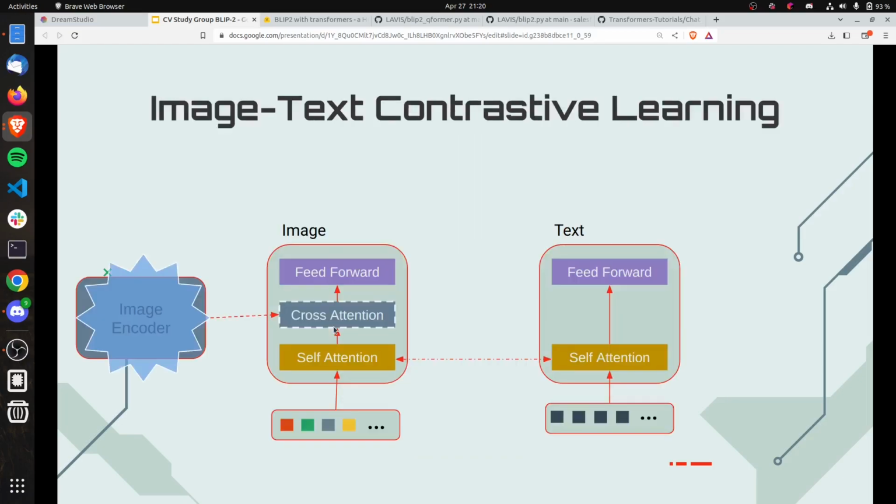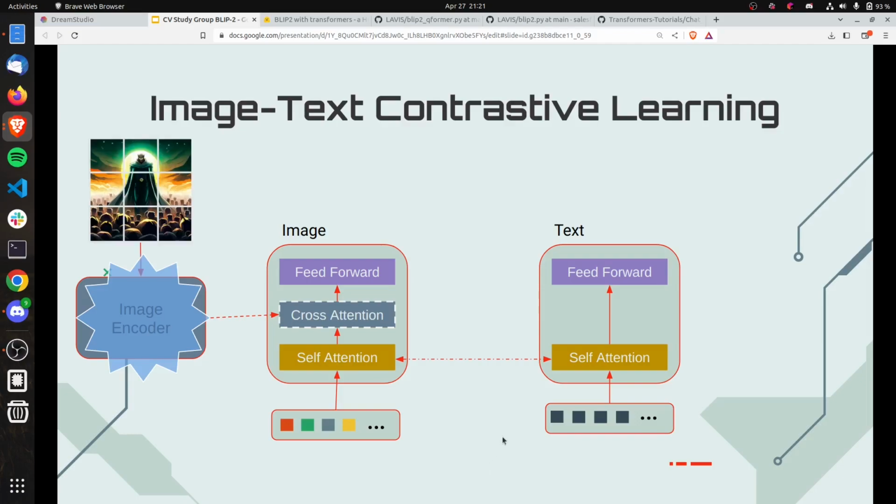So first, the image text contrastive learning, right? So again, here we have our architecture. We've got the image encoder, we've got the Q-former stacks basically here, and we put in an image, right? It's patched, so it's like the vision transformer input format. You get a patched image. Then we put in some text down here, for example, an evil AI overlord, right? It goes here into the text stack.